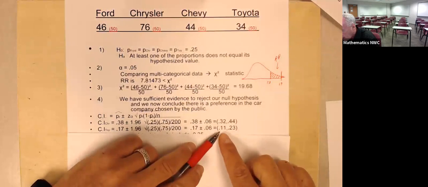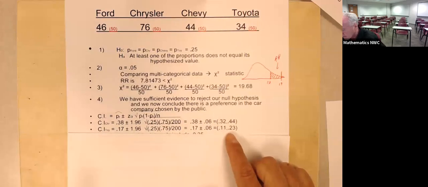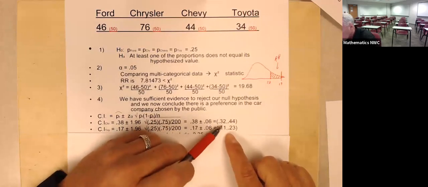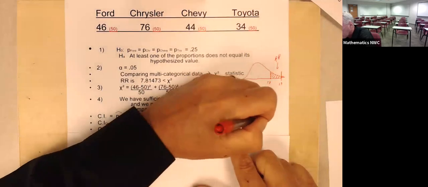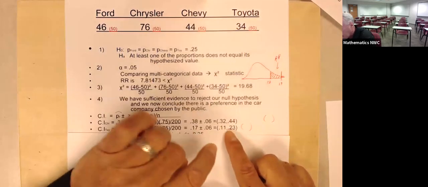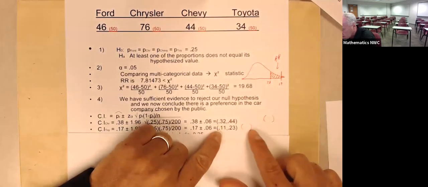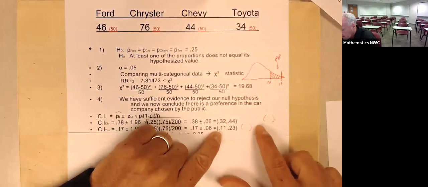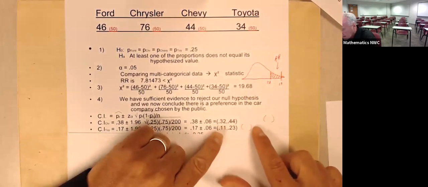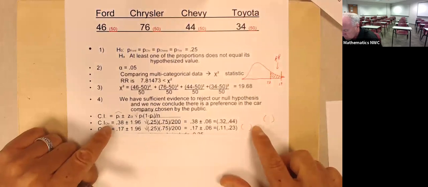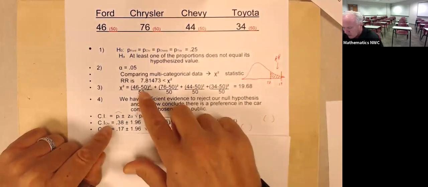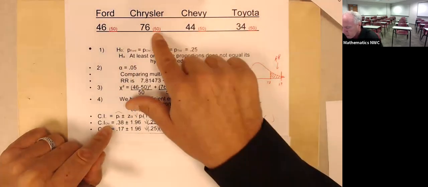I am 95% sure that the true percentage that will vote for Toyota is somewhere between 11 and 23%. Would you agree these two do not overlap? This one is far to the right of that one. All of it is to the right of all of this one. There's no overlap. That means I'm 95% sure Chrysler has a bigger share of the market,